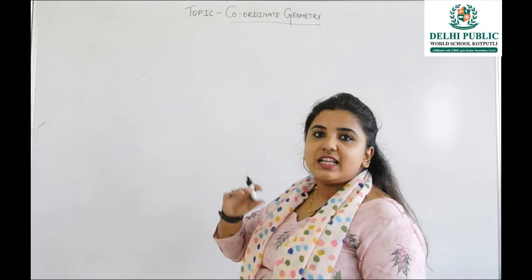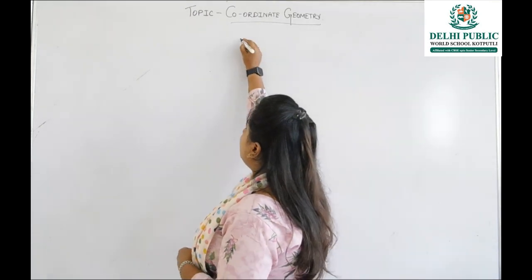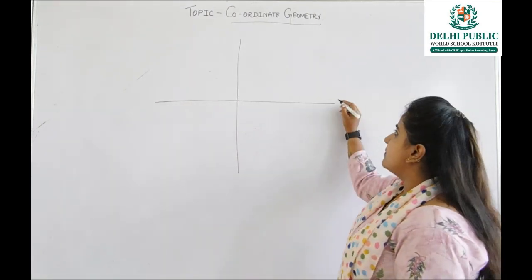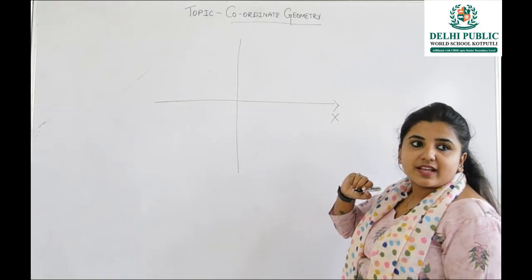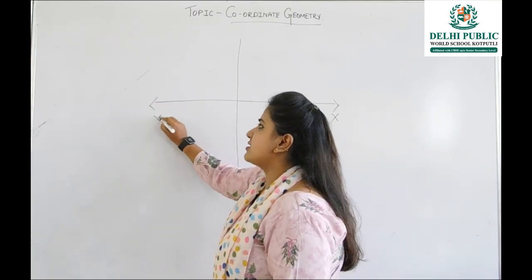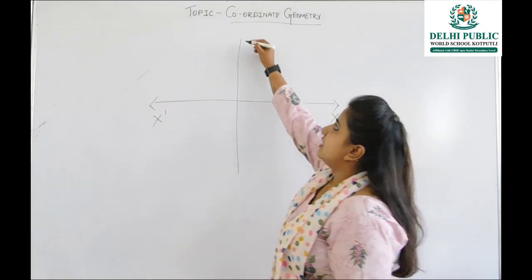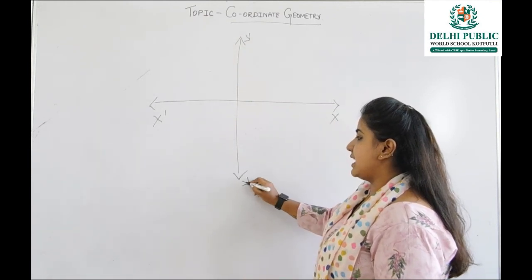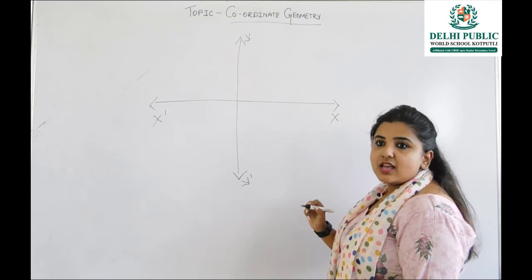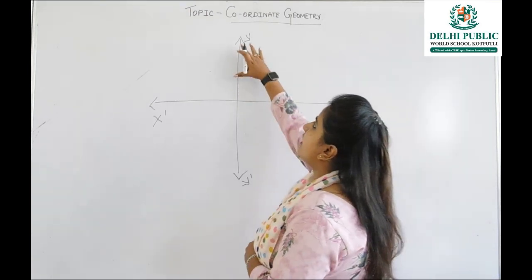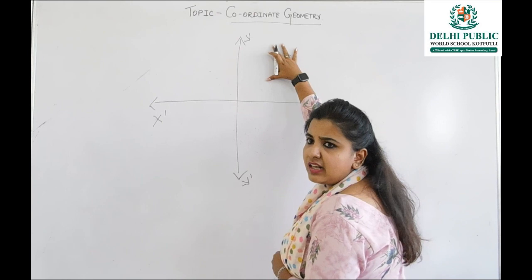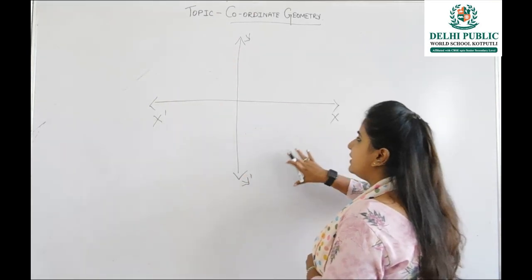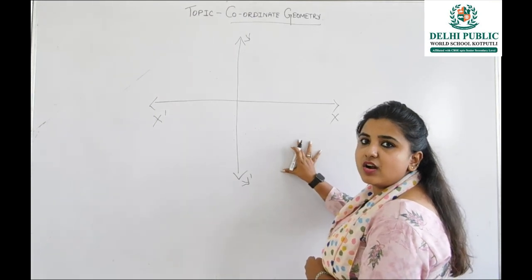So first of all, we'll deal with axes. As we know, there are generally two axes, the x-axis and the y-axis. This part is called the positive x-axis. This part is called the negative x-axis. The upper part is called the positive y-axis, and here it is called the negative y-axis. Now when we draw the axes, you can find there are areas present over here. The areas which are covered between two axes are called